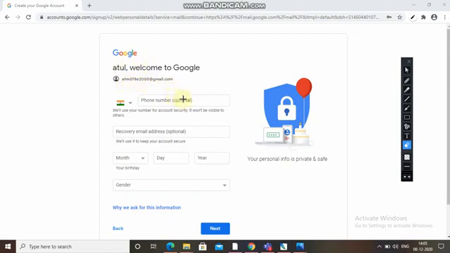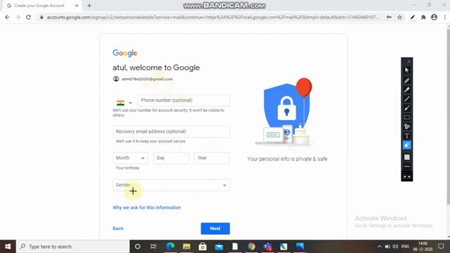After next, see here you will write the phone number and recovery email address if any. If sometimes you forget your email ID or password, it will be sent to your recovery email address. Then month, day, year, gender, and then again next. Okay, if you do this, then at last it will send you an OTP to your number, and then it will be created.